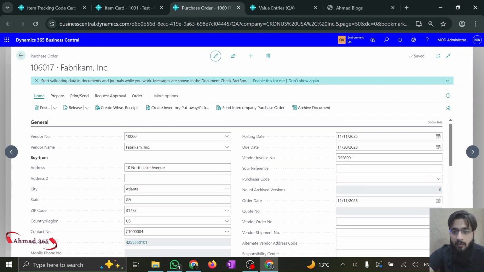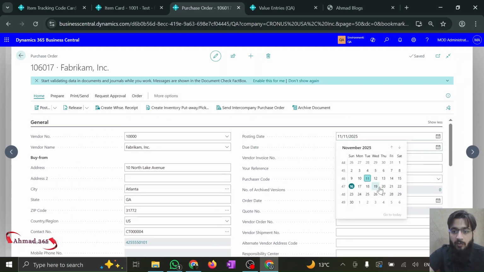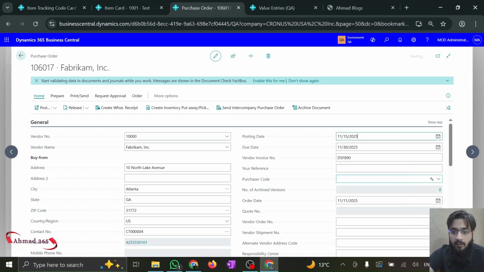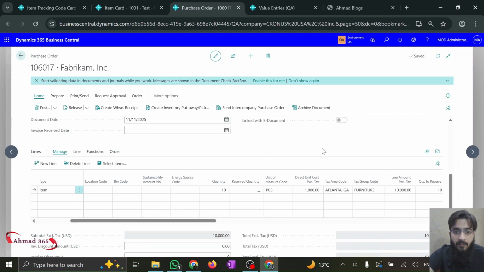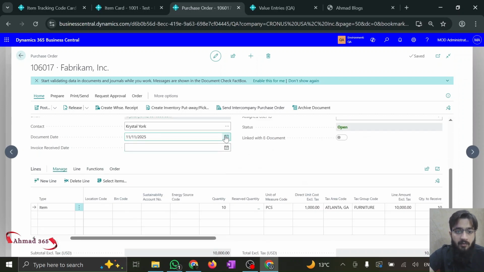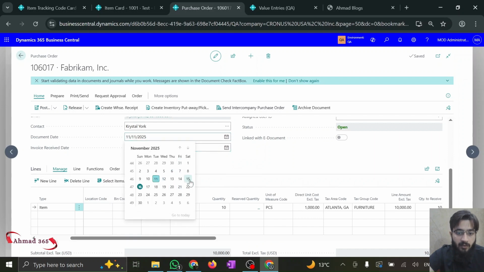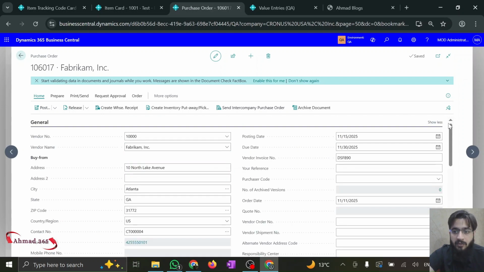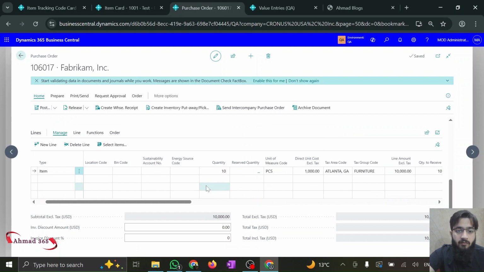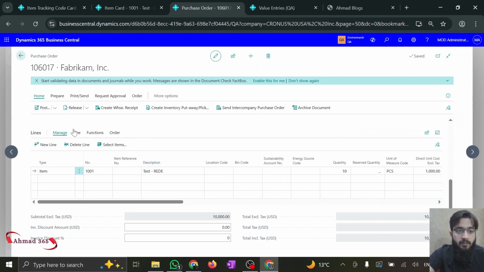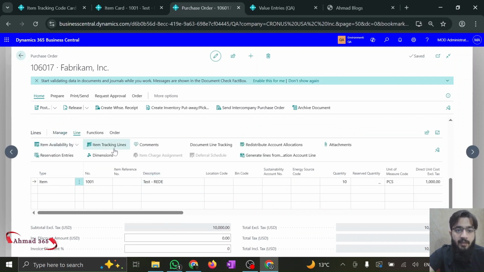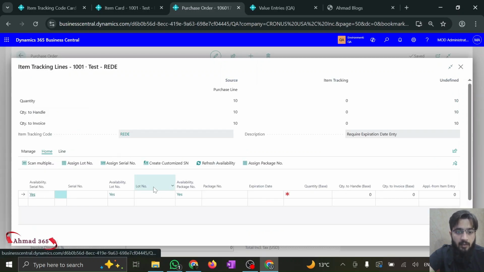Okay, so we are going to quickly change the date. I'm sure you remember the posting, the working date, which is the 11th of November. Okay, and the document date, it was 15. Okay, it was 15, and the posting date was 30. Okay, like that. Now if I quickly go to the item tracking line,